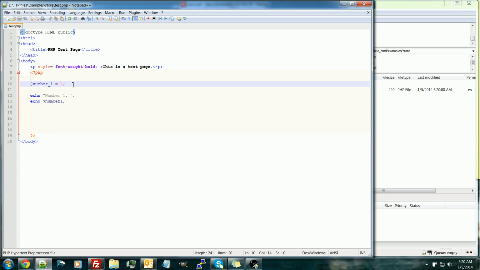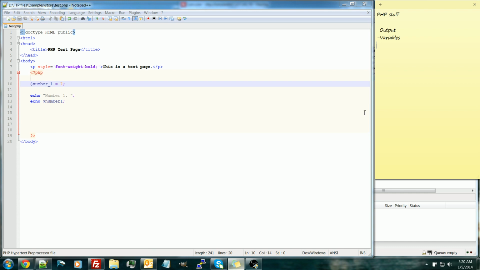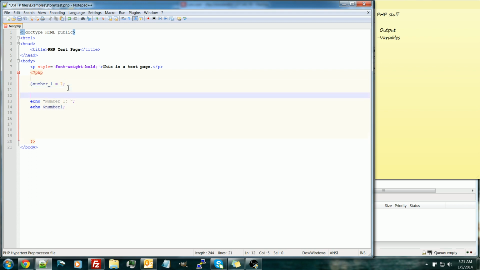And then there's some superglobals, but PHP does a good job of putting the superglobals with the underscore. We'll talk about that later as well. Okay, so now we know about output. We know about variables. Another thing I should note about variables is variables can store different types of data. This is a number. You can also store, we'll store a name. And you can display the name